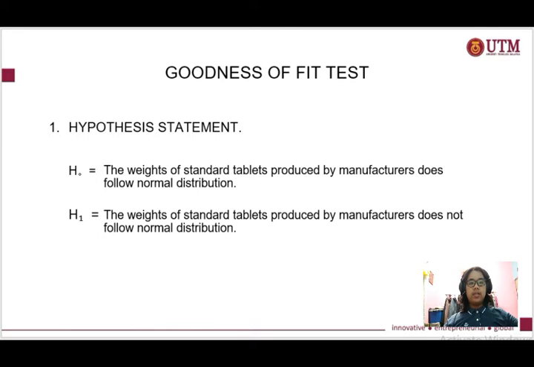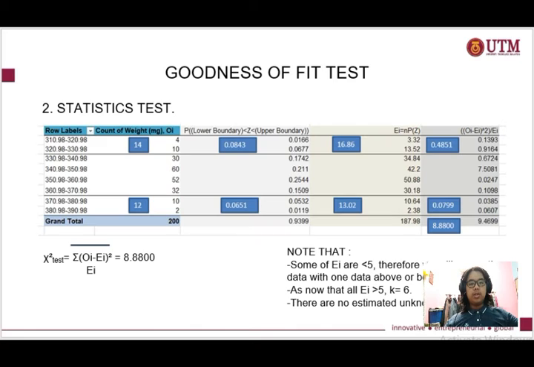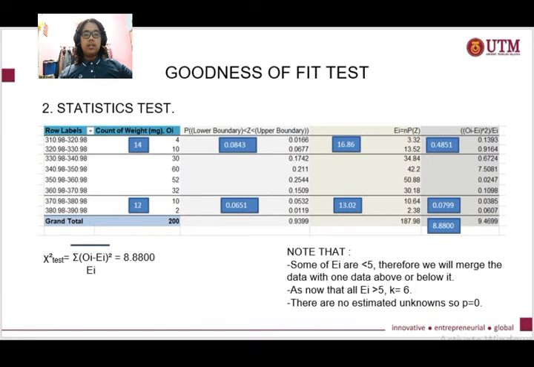So H naught is the weight of standard tablets produced by the manufacturer does follow a normal distribution, while H1 is the weight of standard tablets produced by the manufacturer does not follow a normal distribution. So this is the statistic test. This table consists of the range of weights, the observed data, which is Oi, the probability of H naught being true, the expected value, which is Ei, and the chi-square test value, which is